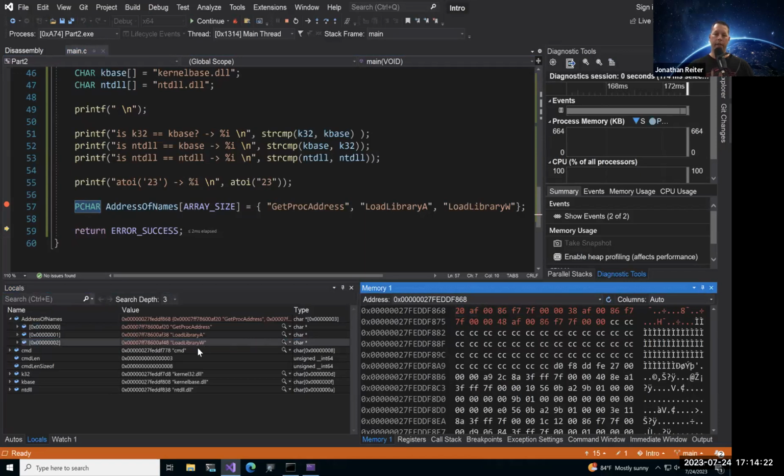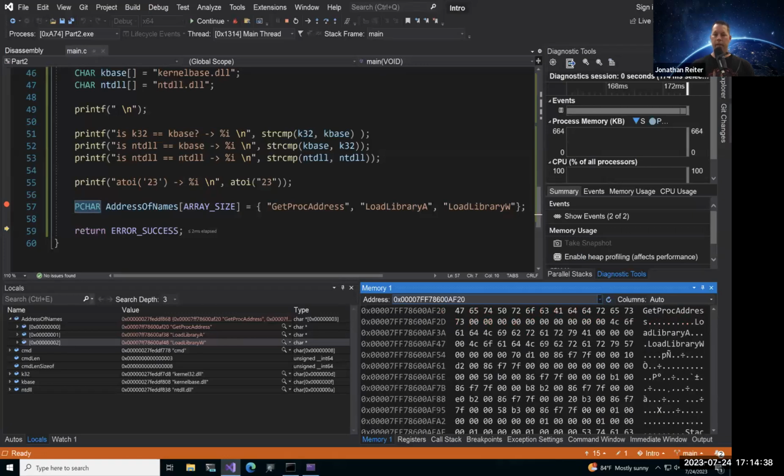So if I go ahead and try to do this, 0x7FF78600AF20. There it is. I manually dereferenced that pointer to say, what's there? What are you holding? And that is the GetProcAddress string.